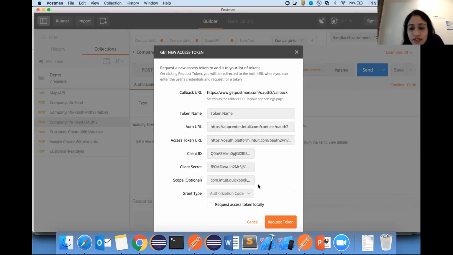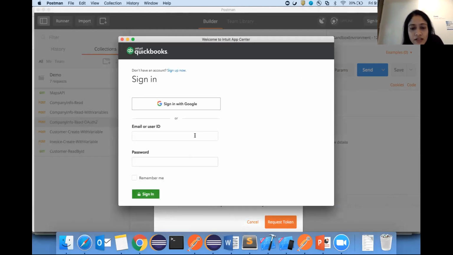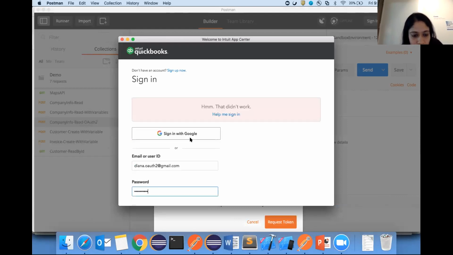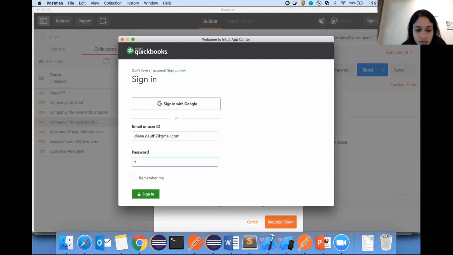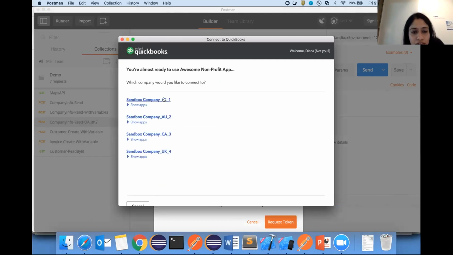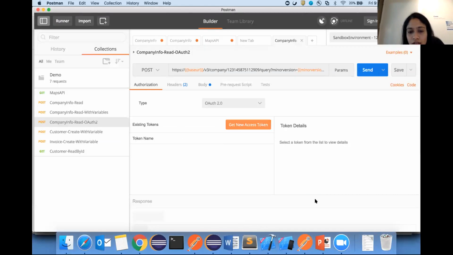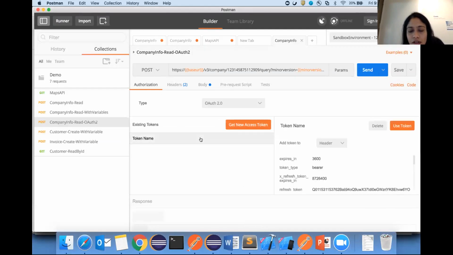So once you fill in all these details, you can click on request token, and then it will ask you to log in. So I'm going to log in here. And then I'm going to select my US Sandbox, connect. And then once you've